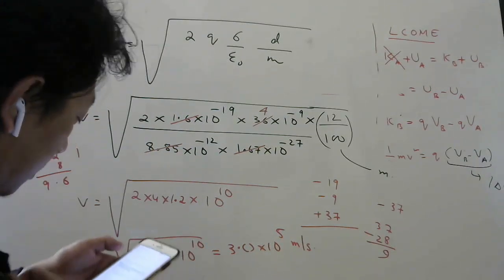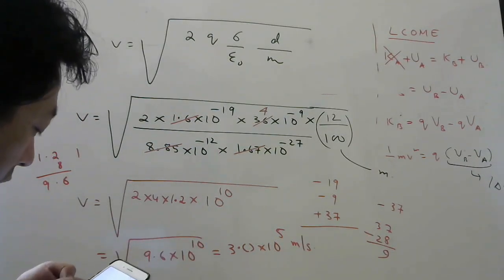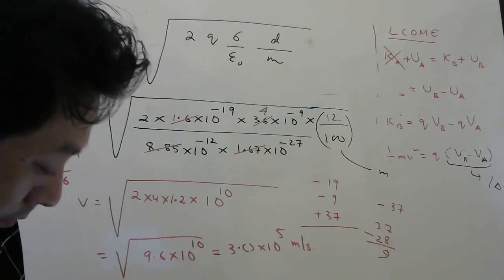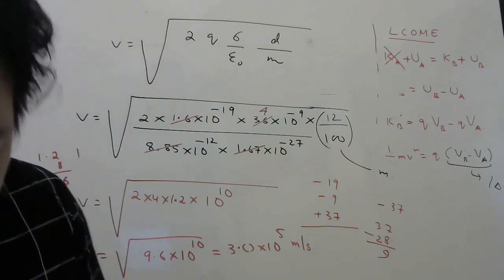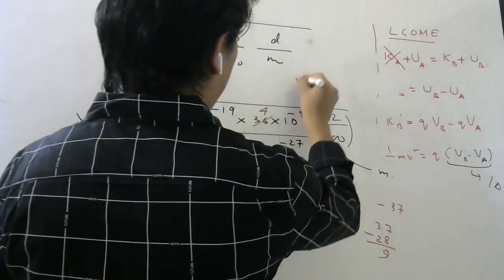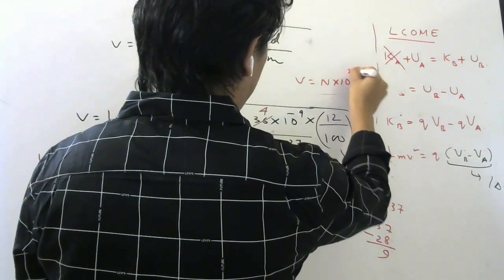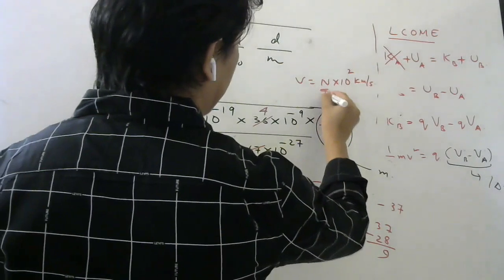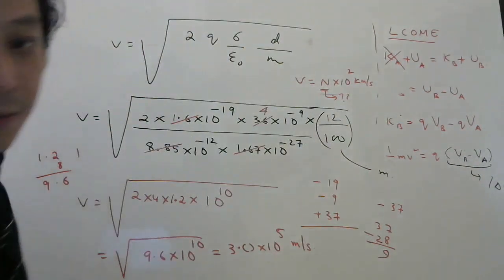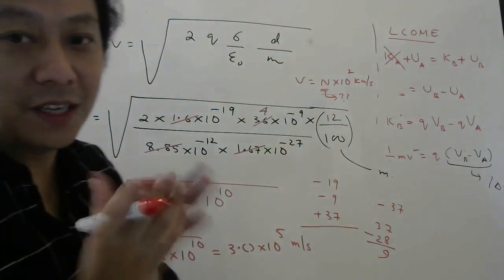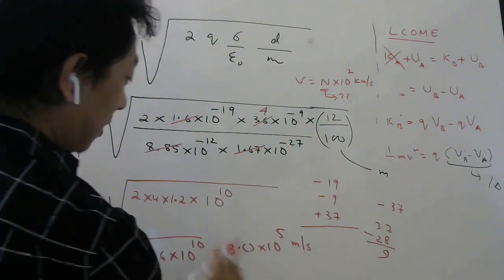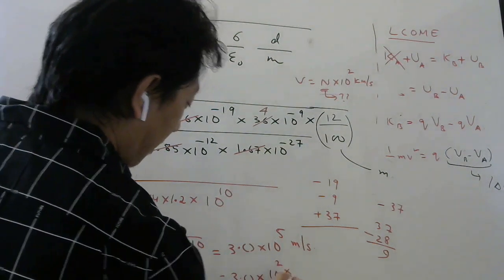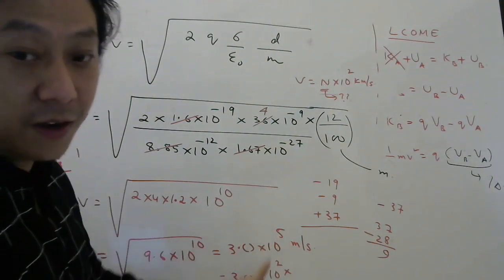So if you see the options, they are given as 1, 2, 3 and 4. But if you look, they are saying the speed of the proton when it strikes the negative plate is given as n into 10 to the power 2 kilometer per second, and they are asking you to find this n. So this is an integer type question, where the answer will be an integer. We have found the speed to be like this. So I can write 3 point something into 10 to the power 2, then what will be left? 10 to the power 3 will be left. 10 to the power 3 will be what?